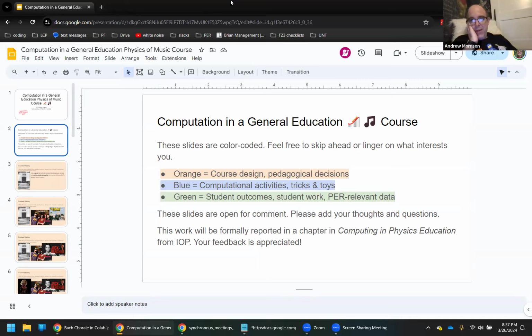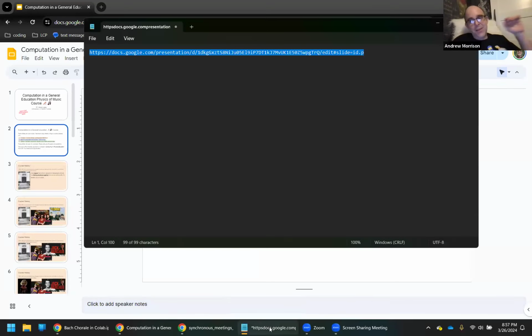I'm fairly involved with the Acoustical Society of America, and they have this brand new computational acoustics subgroup. It's a technical committee, but I'm not super involved with that. I am involved with the education and acoustics committee.